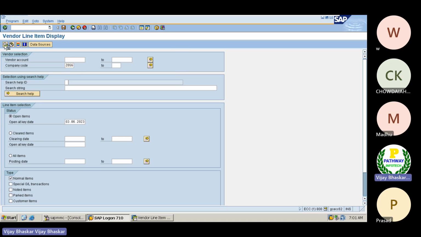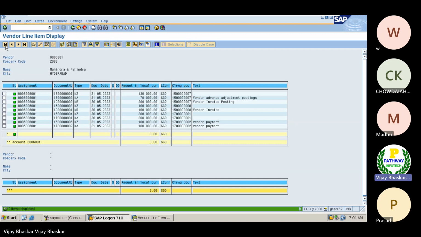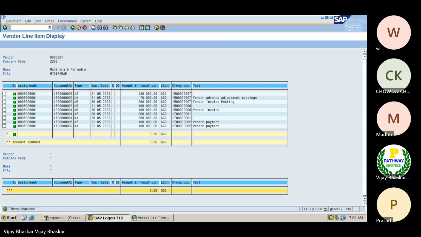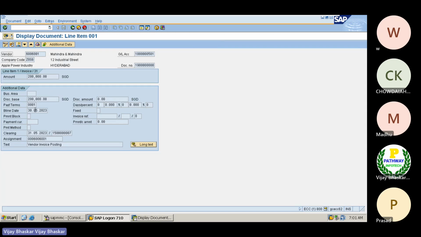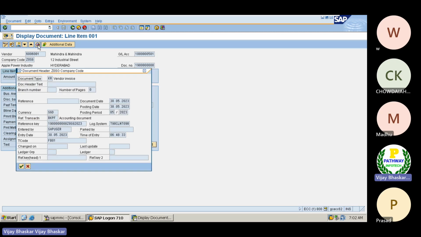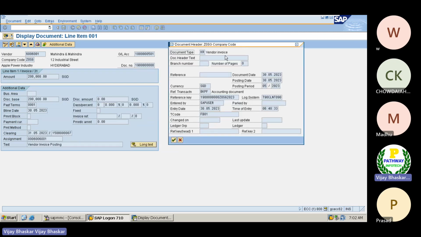Let me display here. Open items. Let me select the cleared items. Now I'll display the document. You can see here, this is what I'm talking about, the baseline date. How the baseline date has arrived here. If you see here in the document header, this is the vendor invoice document we have posted.